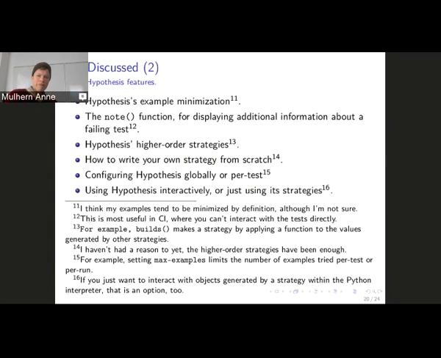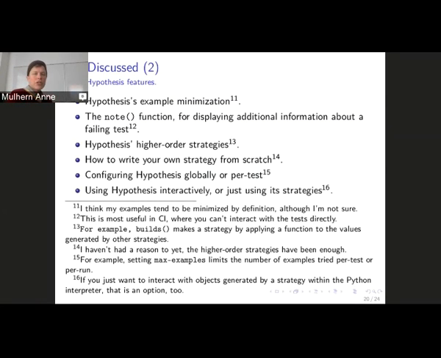Hypothesis does something fancy. If it finds an example that contradicts your hypothesis, if it finds a counterexample, it'll try to make that example smaller and more comprehensible. Generally speaking, that's not an issue for me because you can't make a device smaller if the device is the counterexample. And so most of my examples don't really need to be minimized. I admit I don't know very much about that, but I have seen it a bit in action in Hypothesis's own self-testing.